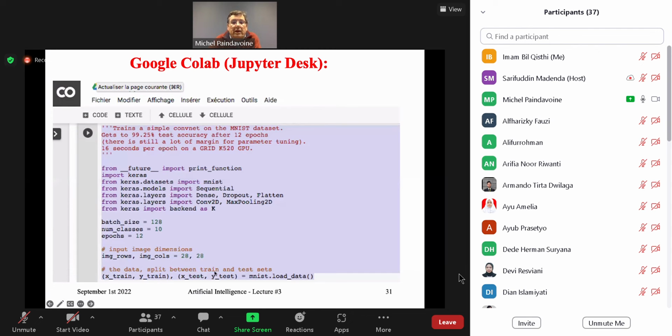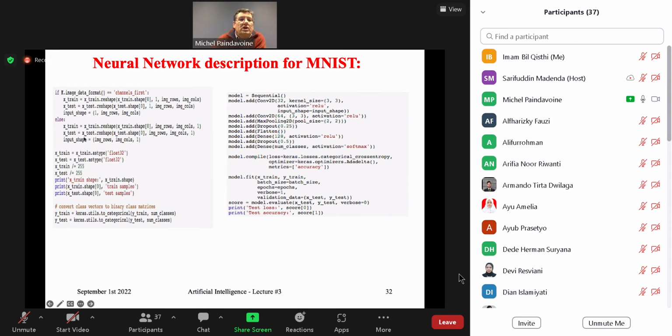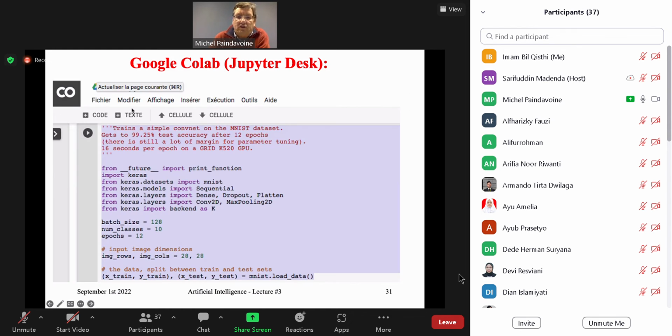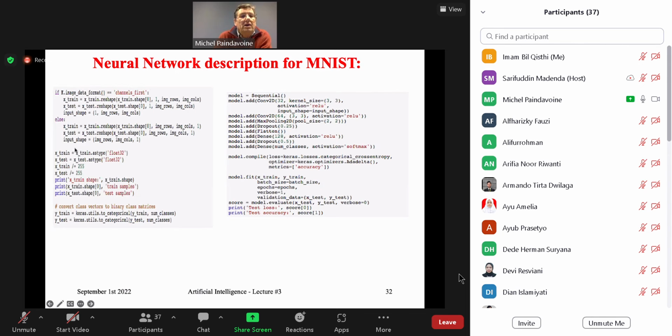Okay, and I put that for the training: 60K for the training and 10K for the test, as I explained before. Here I prepare the image, so we reshape to be sure that the size will be 28 by 28. After that, we do a normalization, because in image processing, as we know, the gray